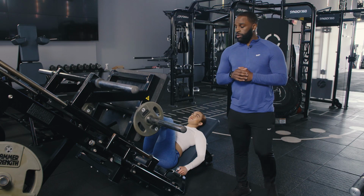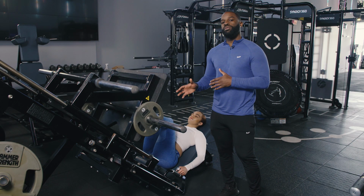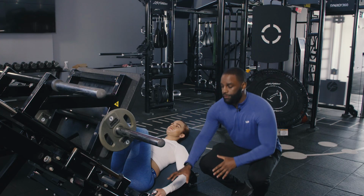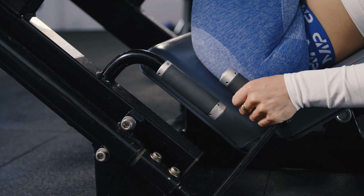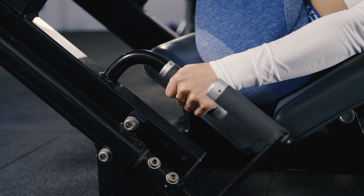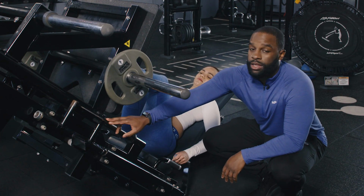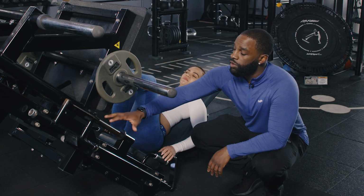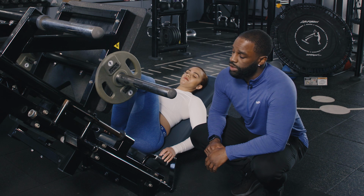Now, with regard to the weight, again, make sure you go to a comfortable weight, gradually build it up. So now, every leg press is different. With this leg press, you're gonna turn onto these 2 handles here. So what that does is just unlocks the safety catch, just so it just doesn't hurt you or injure you. And right now, what she's gonna do, she's just gonna drive up through her heels, and she's gonna show you